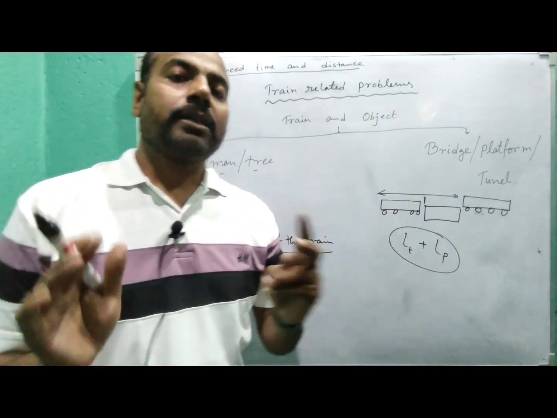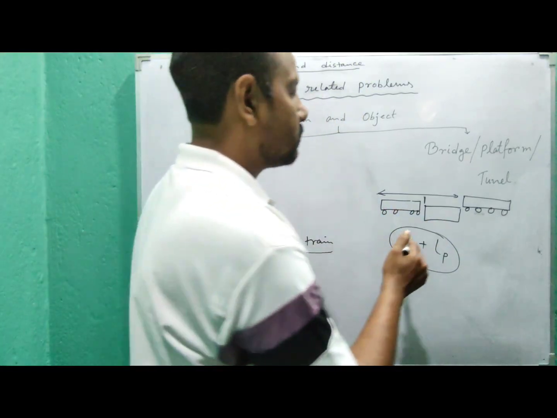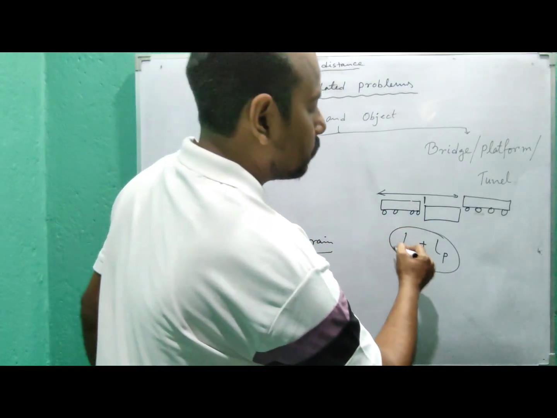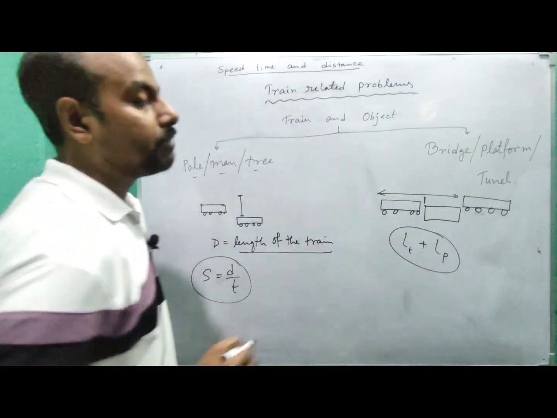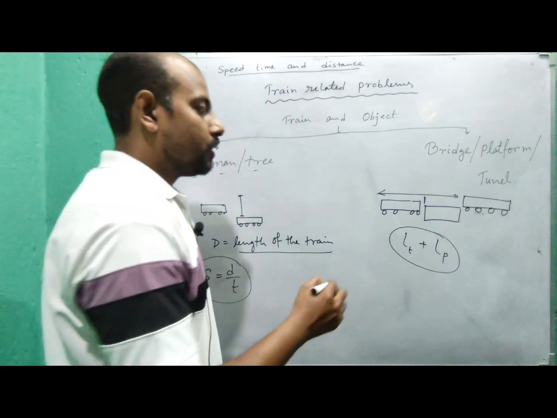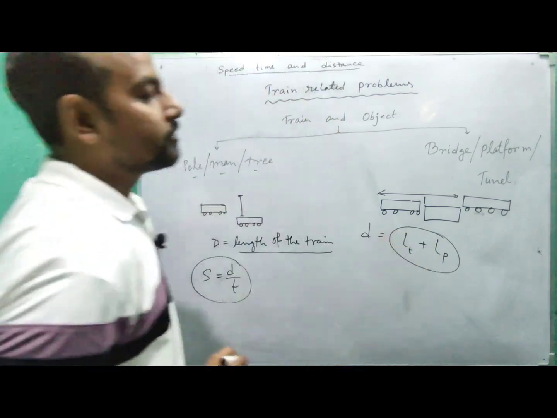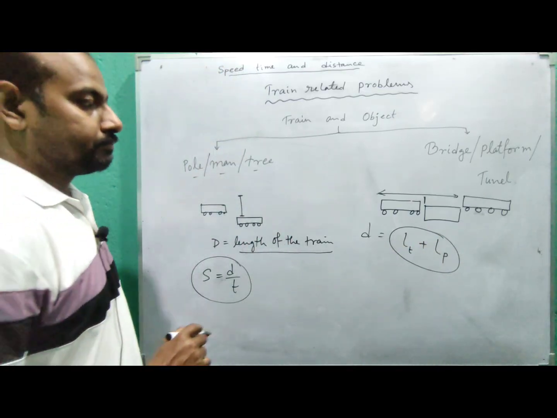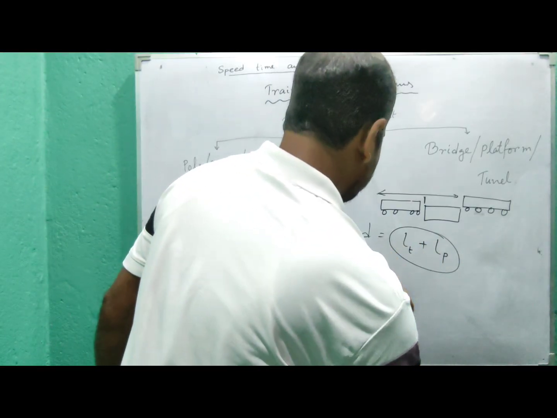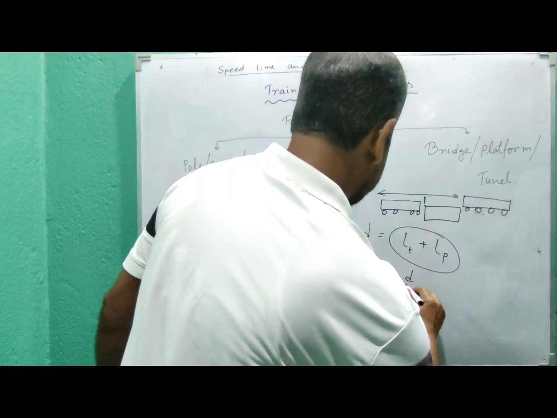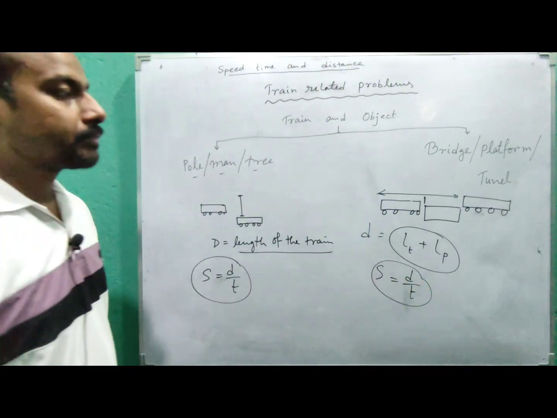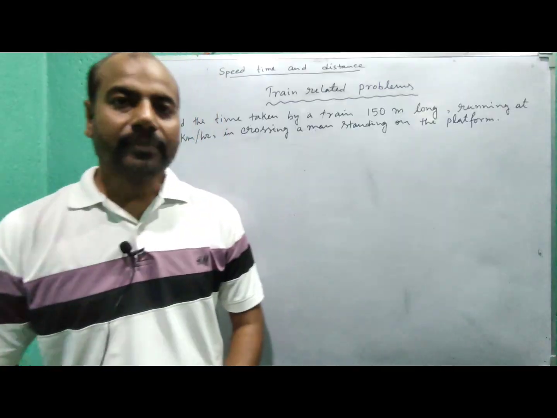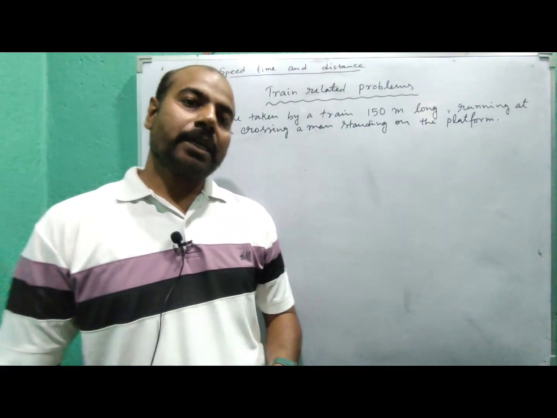the sum of the length of the train and the length of the platform. So the distance will be length of the train plus length of the platform, and then we can use the formula speed equals distance by time, according to the problem. Let us solve a few problems to understand the